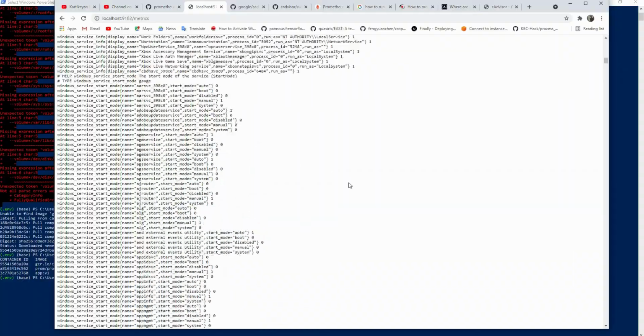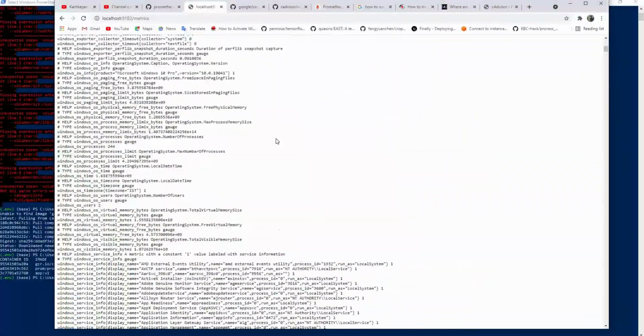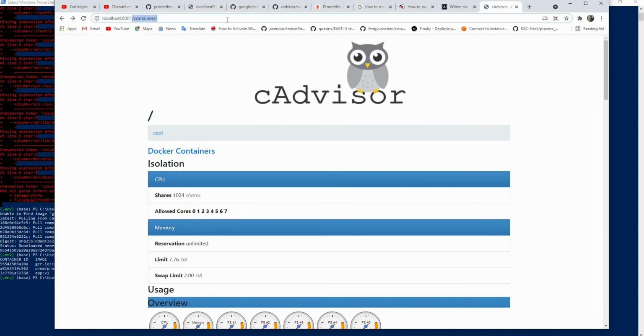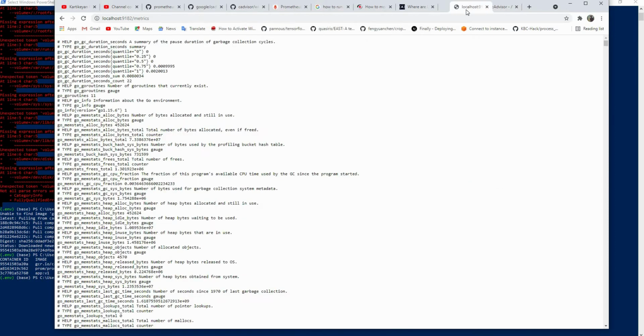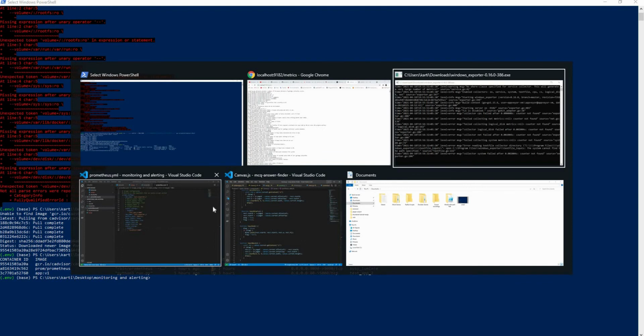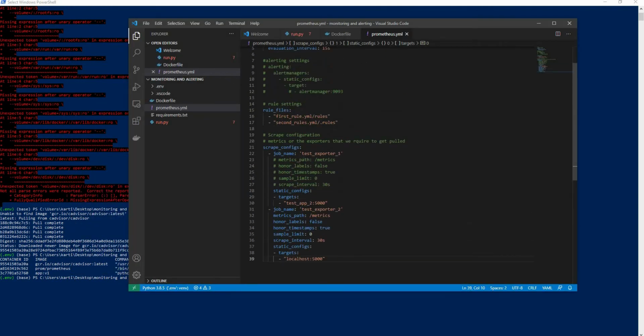So now we have these metrics for our Windows machine and we also have metrics for cAdvisor. We have two exporters running right now, this and this. So we'll jump back to our YML file, and here we'll change the name to something more relatable.